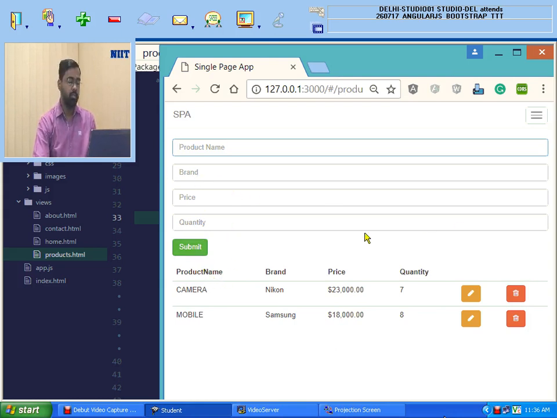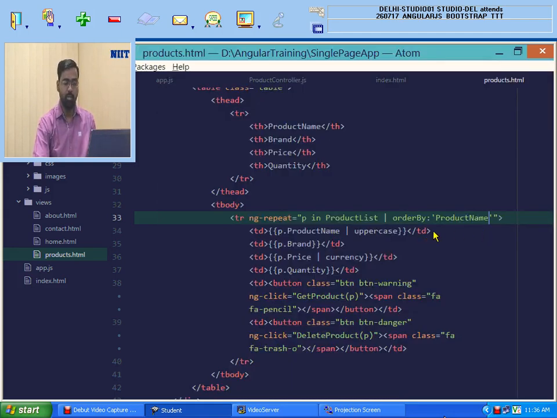So order by you can just use here for sorting your data based upon a particular field. You can write it like this: pipe symbol, order by product name. So that is how you can do it. So this is the order by